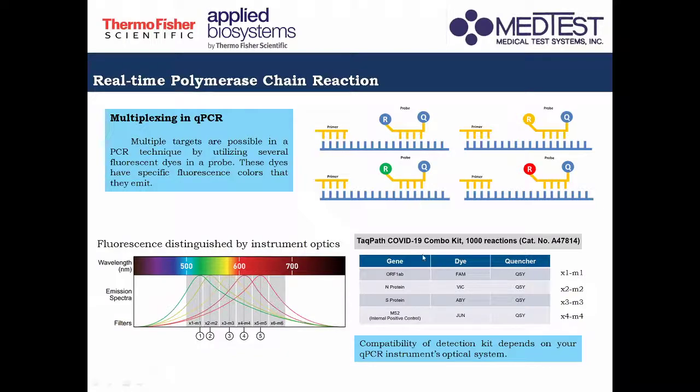So, for example, in our detection kit for COVID-19, we have TACPAT that uses 4 targets: the ORF1AB, the N protein, the S protein, and an internal positive control. And this is being detected all at once in a single reaction. And they are only distinguished by the different dyes that is being used to detect